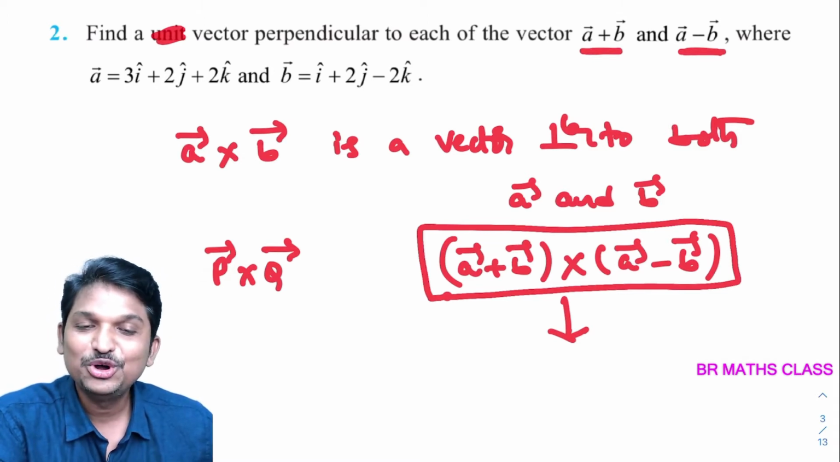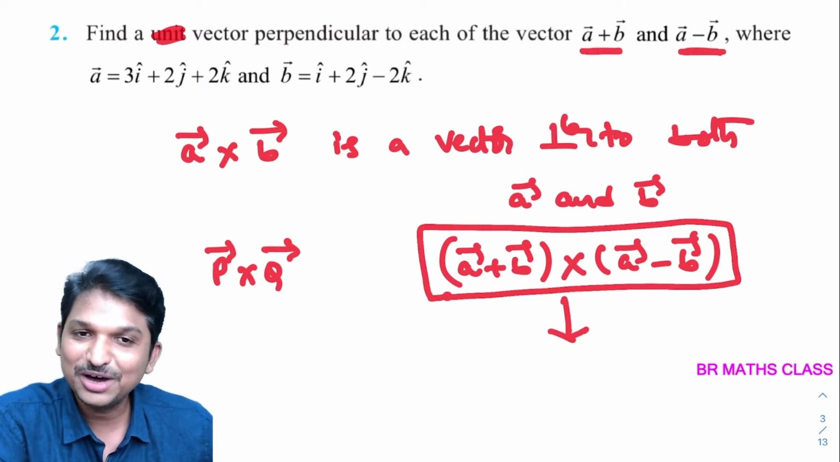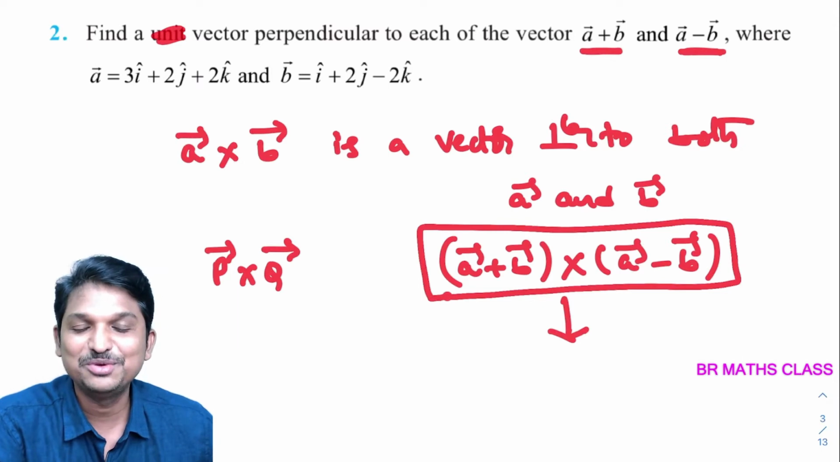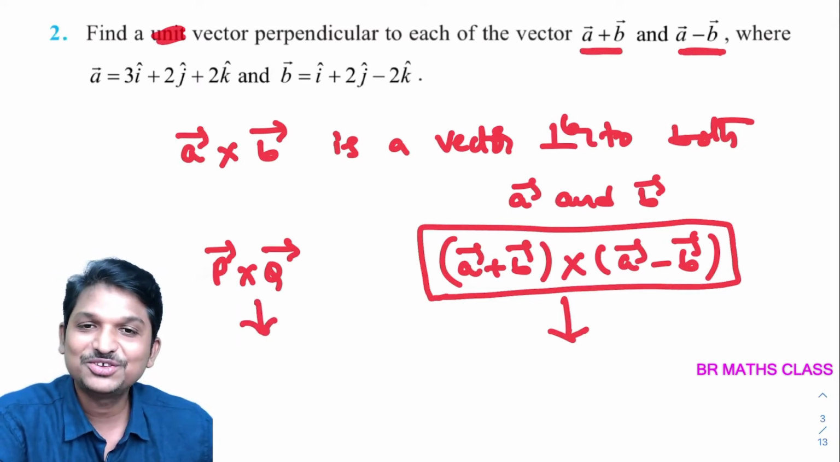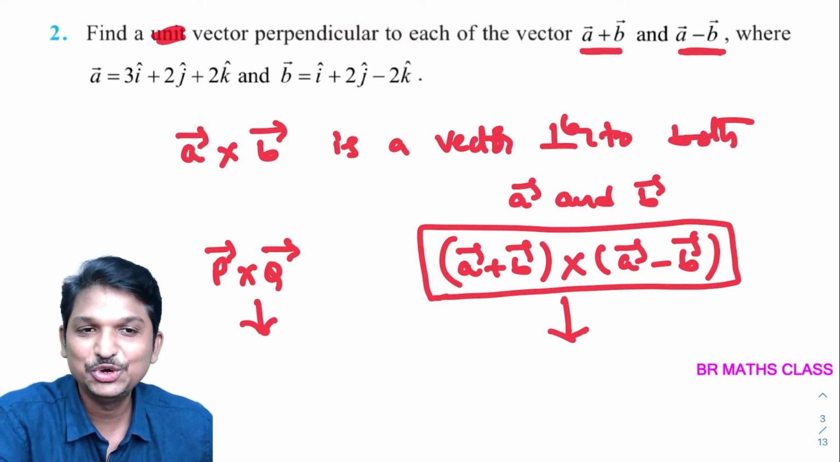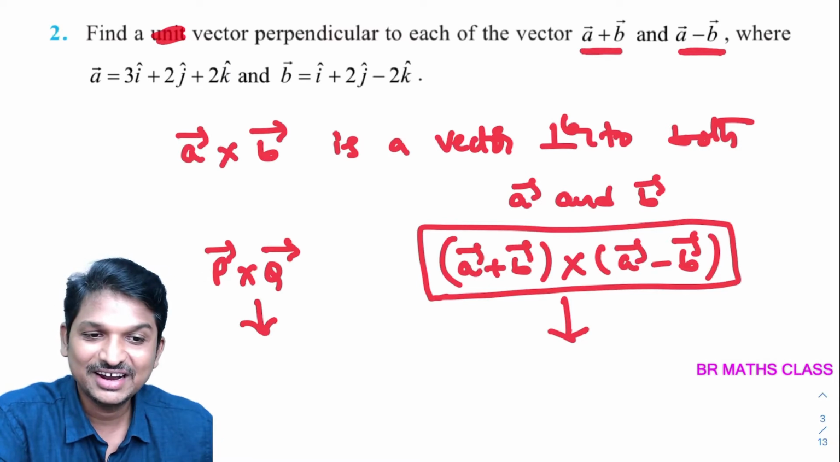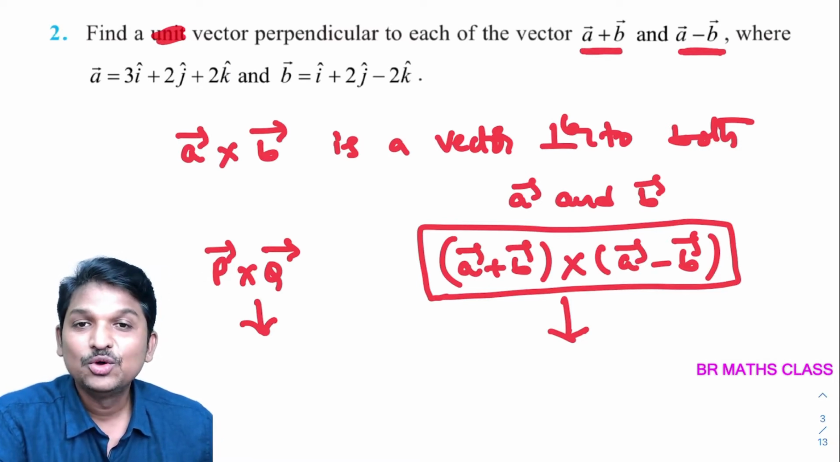Okay. So a bar plus b bar cross a bar minus b bar is a vector which is perpendicular to a bar plus b bar as well as a bar minus b bar. I hope you understand. What is this, p bar cross q bar? P bar cross q bar is a vector which is perpendicular to p bar as well as q bar. Got it? Right. So here, what is the vector which is perpendicular to a bar plus b bar and a